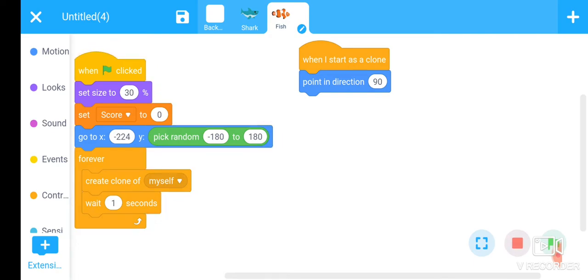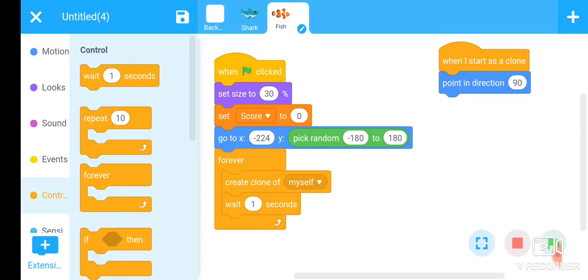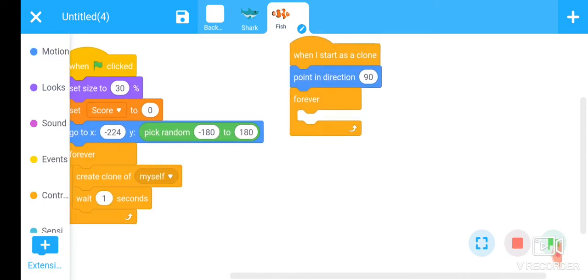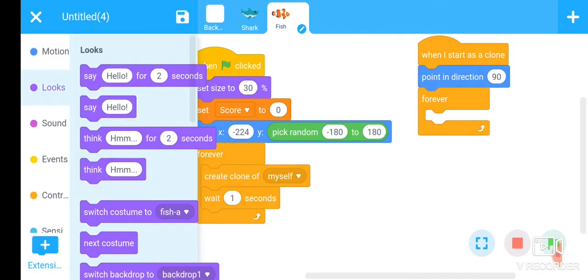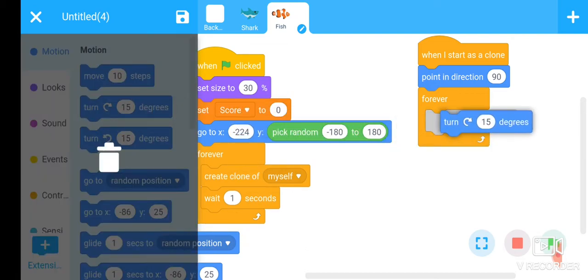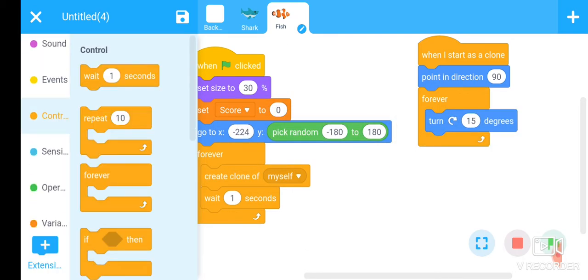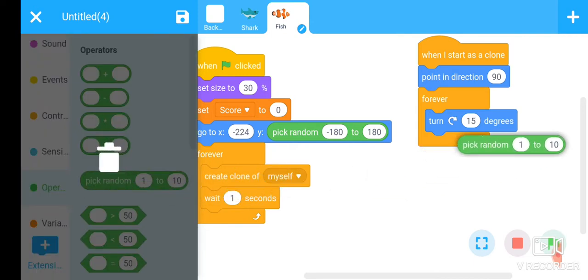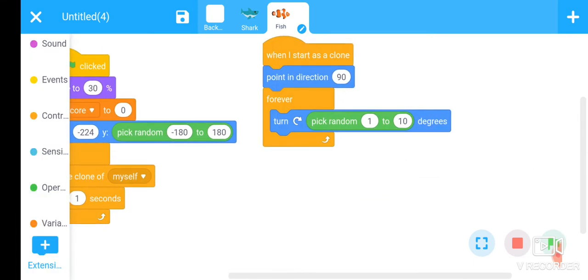For this, use the forever loop here. Add a turn command here. Then go to operators section. Pick the random value here.